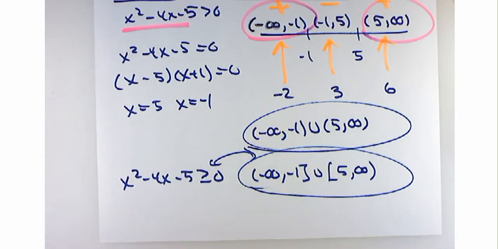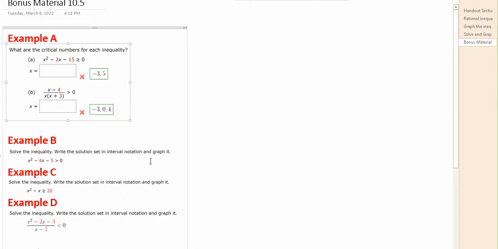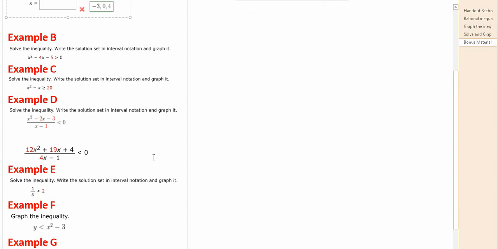All right, let's keep going. A couple more here. Let's start working with the rational inequalities. Let's work with example D, the second part. I'll do the first part and then I'll give you a little hint on what to do for the second part. So example D,